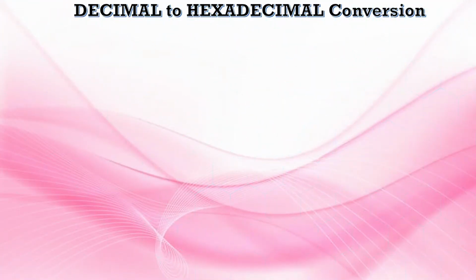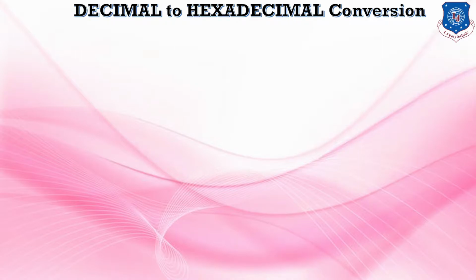Students, in the last session we studied the conversion of a decimal number to a hexadecimal number for the integer part. Myself Neerav Rajan. In today's session I will explain how to convert a decimal number into a hexadecimal number for a fractional value. Now I will teach you the step by step procedure for decimal to hexadecimal conversion of a fractional value. Dear students, listen carefully.